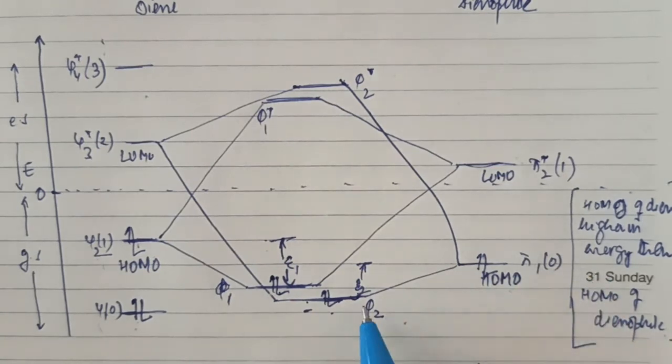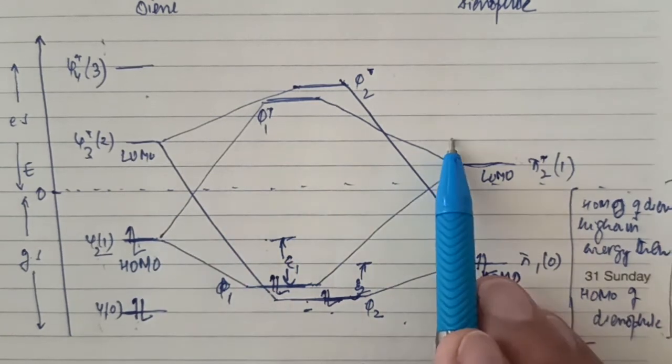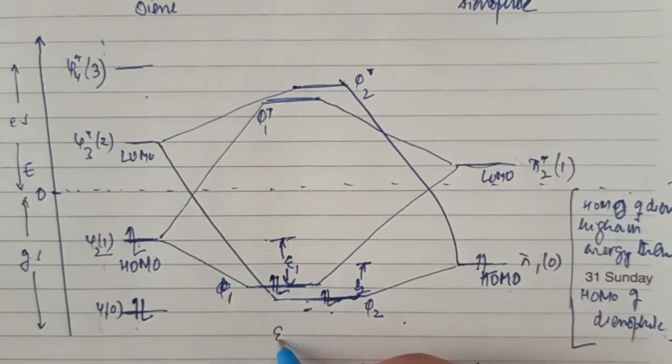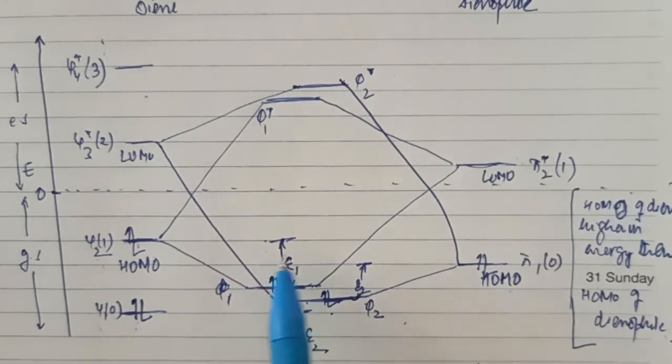The extent of stabilization is small. The extent of stabilization in the case of HOMO of the diene and LUMO of the dienophile is large. Therefore, E1 is far higher in terms of energy as compared to E2. If E1 is far higher as compared to E2, which would mean the extent of stabilization